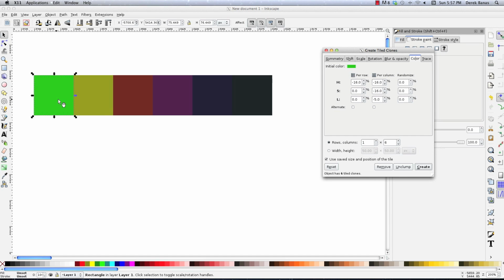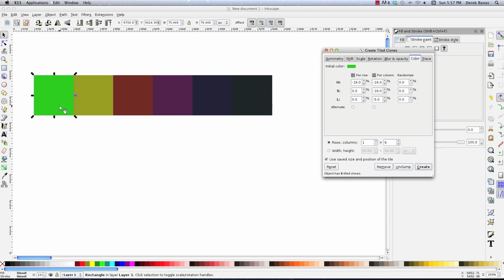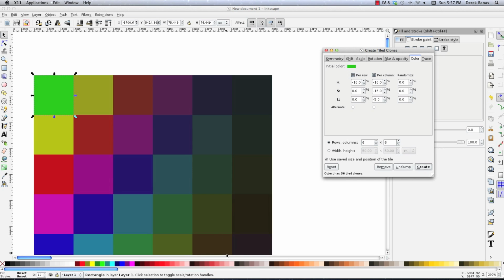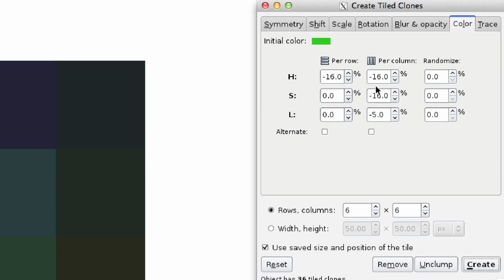Okay, so hit create, and there you can see it starts off at green, goes to brown, goes to magenta, purple, blue, and navy blue. So it's basically just generating for us a rainbow type pattern. You could, of course, come in here, change this to 6, create, and you're going to be able to create even more interesting types of transitions from one color to another. And really, you should go in here and play around with this because it's just kind of interesting to see